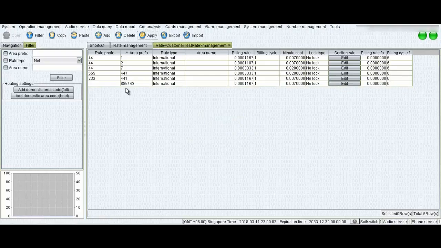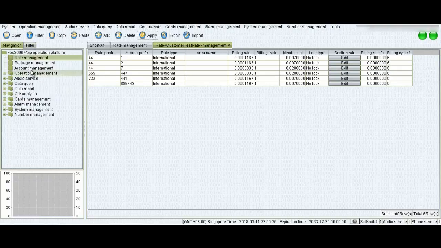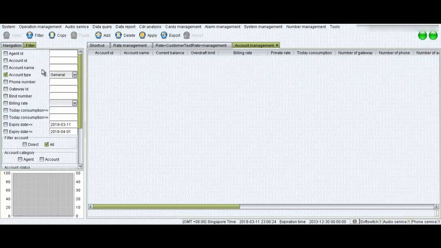Okay, now you see all rows turn white. Now, you can use either of these formats. All of these formats will work. Now for the next option, I will go to navigation. I will go to account management and I will add a customer.